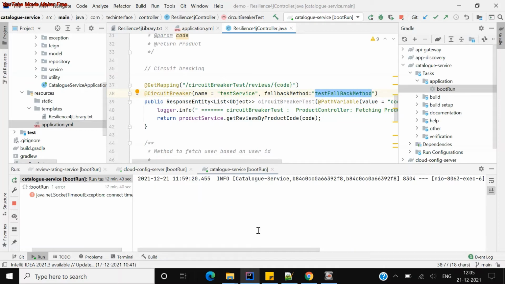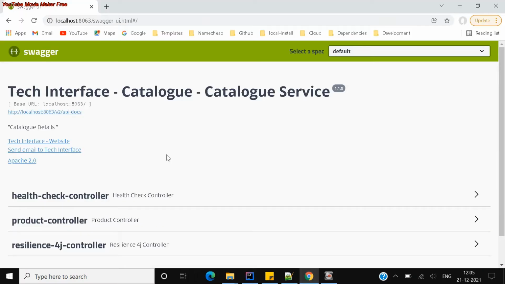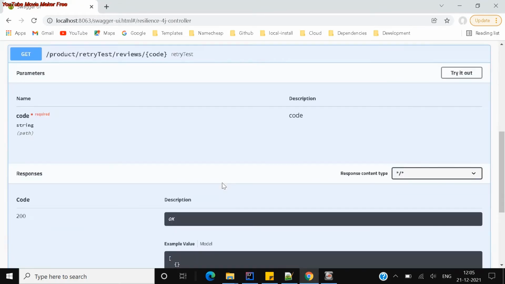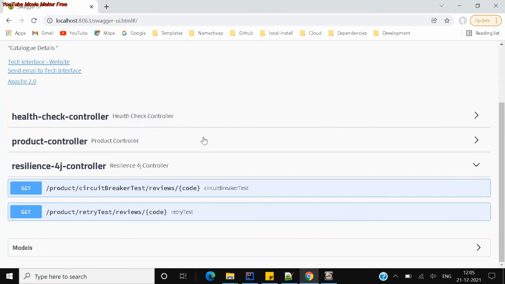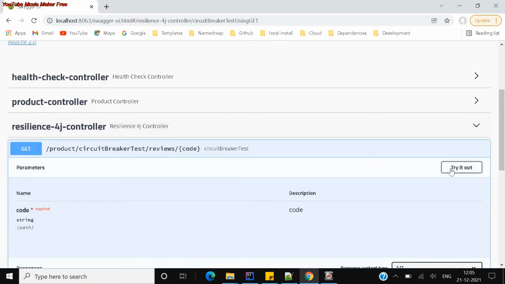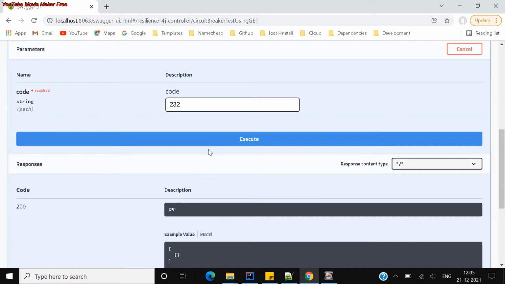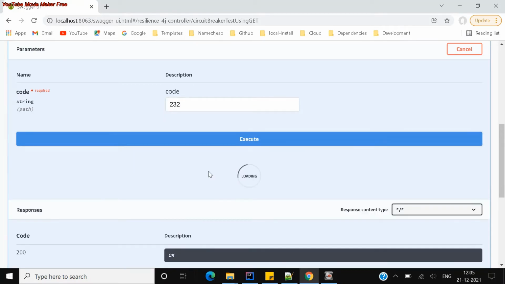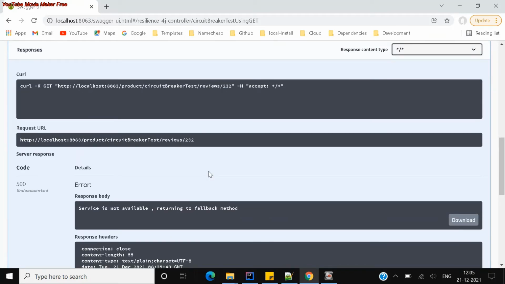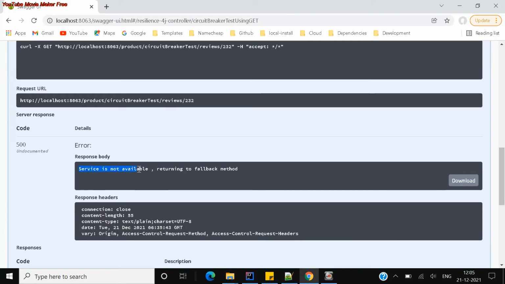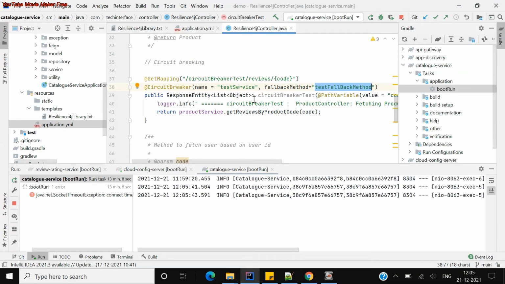Let us test this now. This is my catalog service, and the review and rating service is not available right now. I've given a name, circuit breaker test, so I'm giving it here and I try to execute it. Let's see what it does. It is showing that the service is not available, returning to the fallback method, which I've added here.